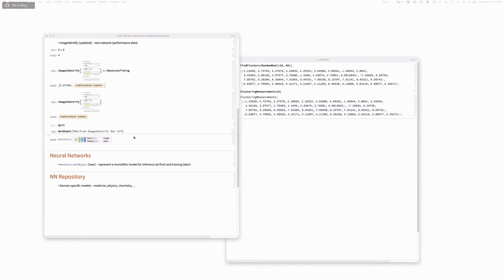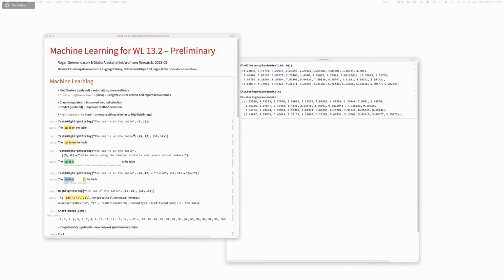Is there anything else I should look at here? No, this is it. It's nice. It's good stuff. Listen, the fact that stuff is under the hood and doesn't require design grinding, that's good news. And one thing I want to mention is that in the end, the net external object